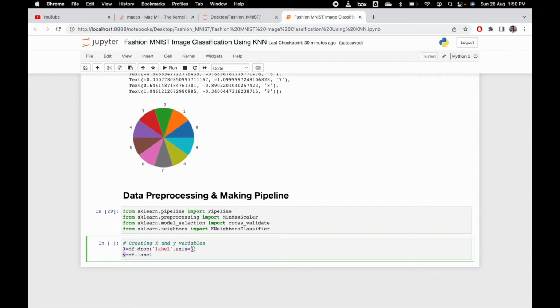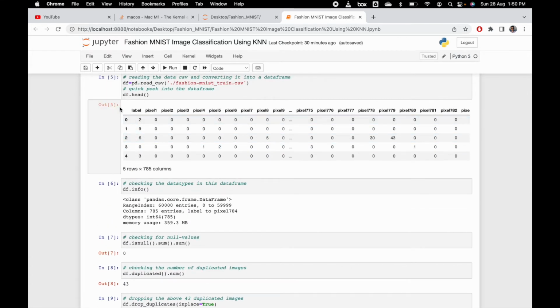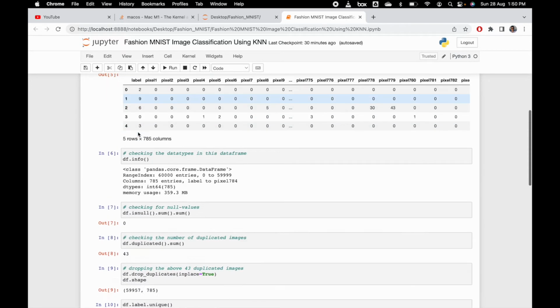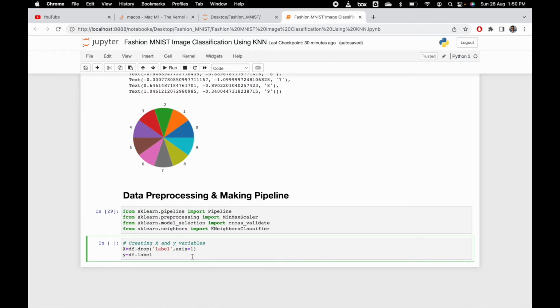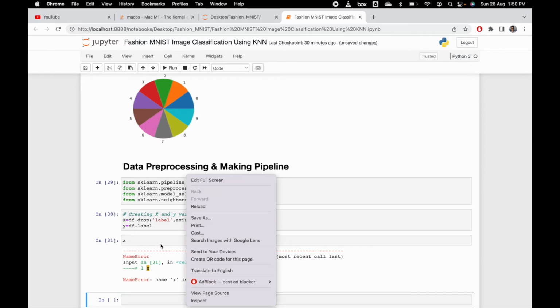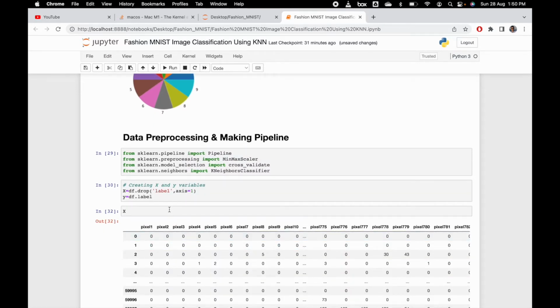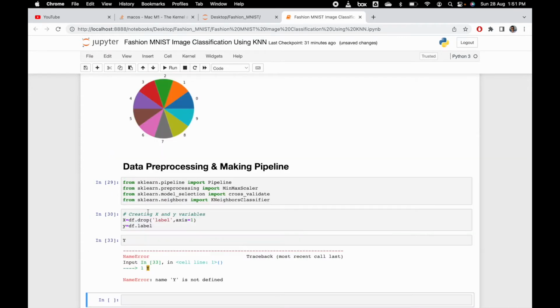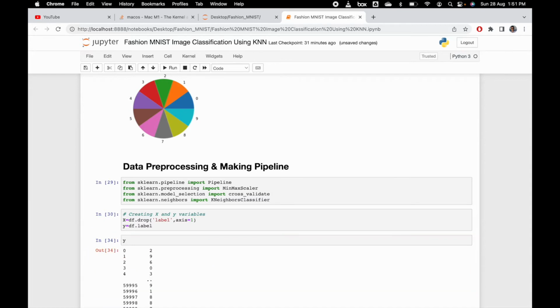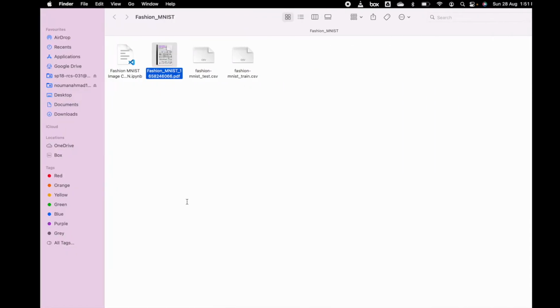The axis equal to 1 means we are dropping a column; axis equal to 0 would be rows. When I run this, you can see when I call x, we have just the pixel values. When I run y, with the small letter, we can see the values of labels here. So the next step is to